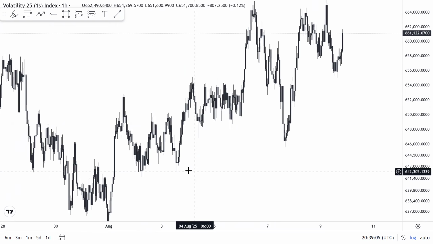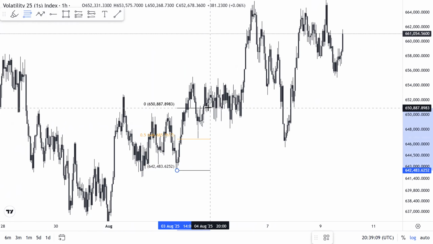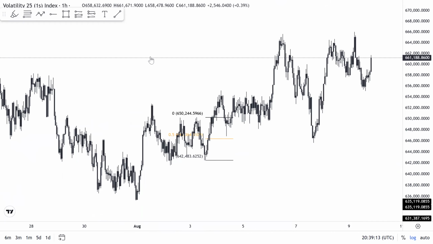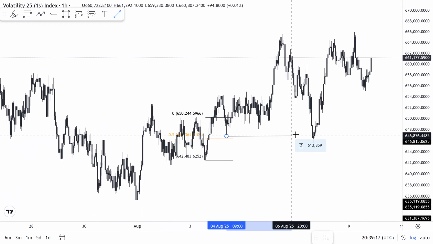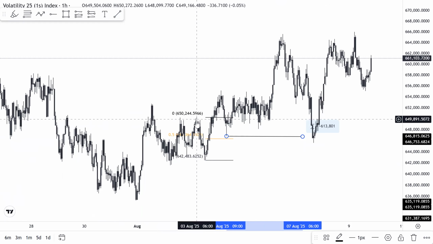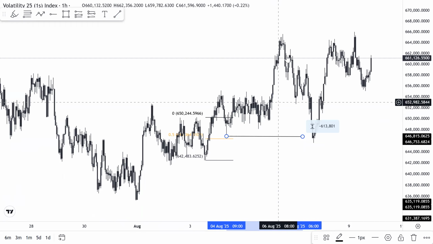Now, what do you have here? Let me verify this, right? I always have to verify my liquidity. This is not something I would have taken. Yes, it looks good, but it's not something I would have taken. You can see that we had a sweep of this liquidity here. Price broke structure, right? There's a sweep here, there's a break of structure, price then pulls back into this high and gives me another structure here.